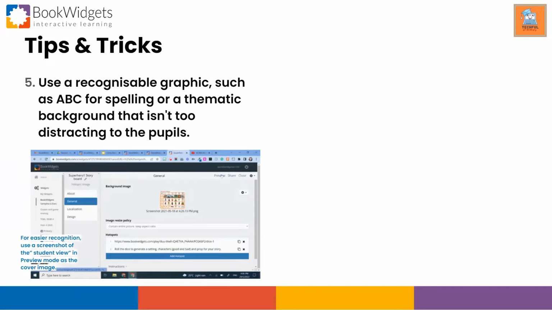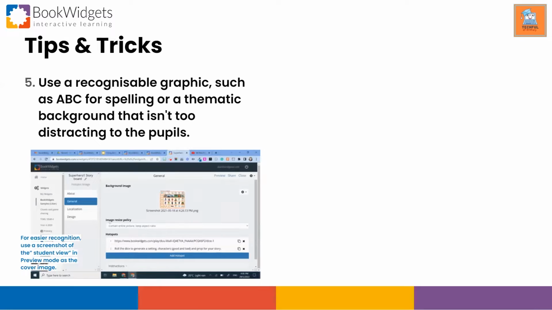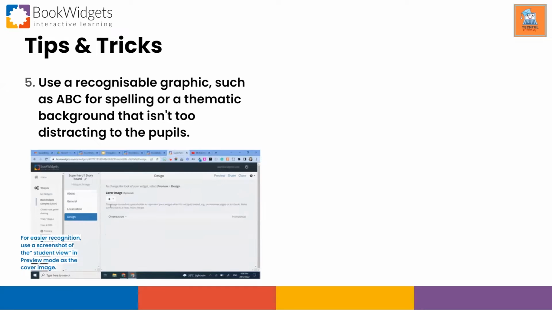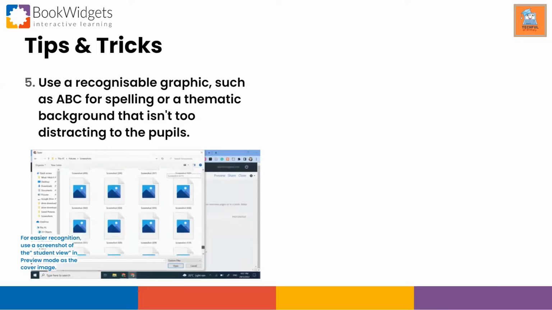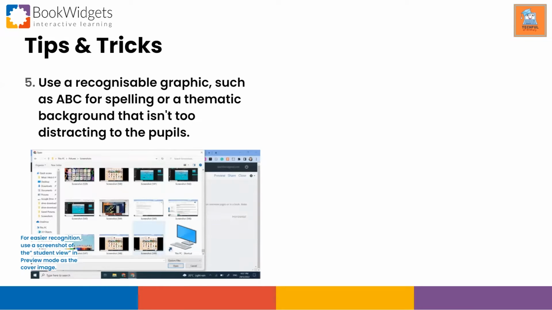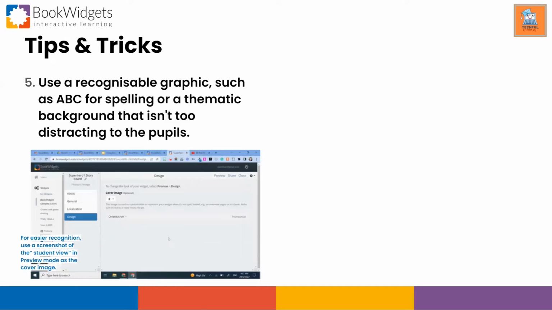Okay, because we do know that to create a cover, you can just search for online free images, but what I would like to do is to screenshot the real worksheet. For example, this one, just screenshot the real worksheet from the point of view of the students when you do the preview, and then upload it as a cover image